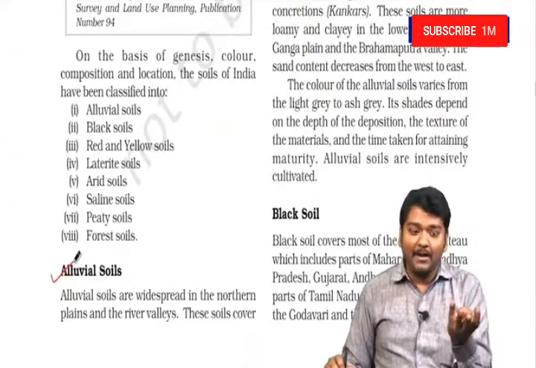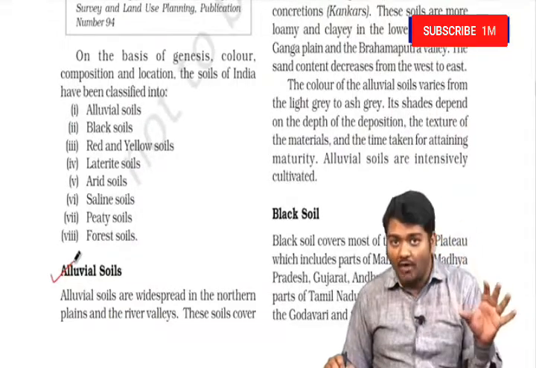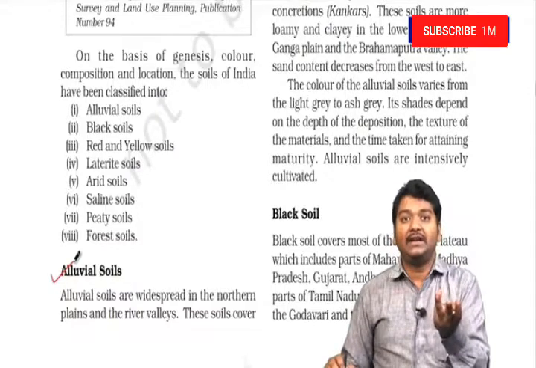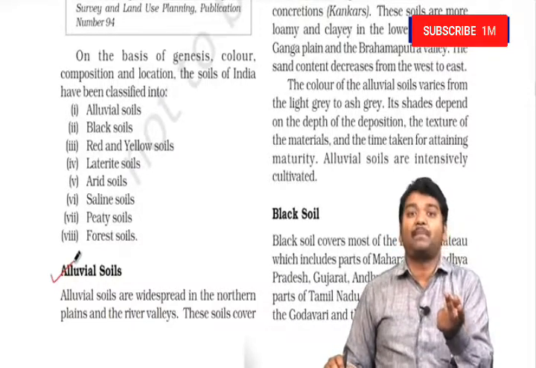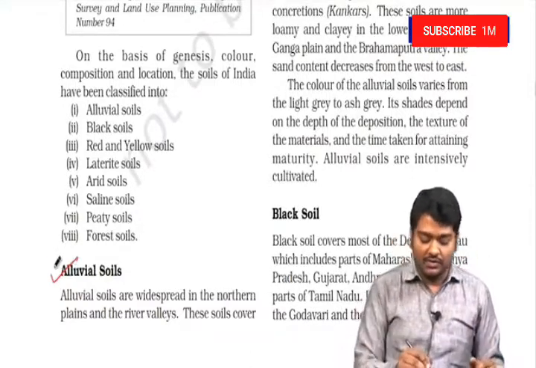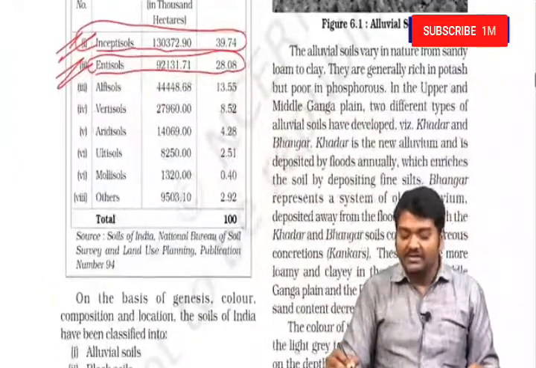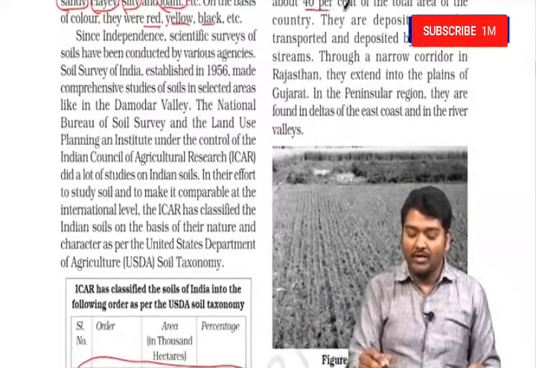Usually in the Ganga plain and Brahmaputra plain, we observe alluvial soil. Rivers, Mahanadi delta, Kaveri delta, Godavari delta, Krishna delta, and some parts of Narmada and Tapi are also associated with alluvial soil. And this has different sizes in different parts of the country. So they usually form 40%